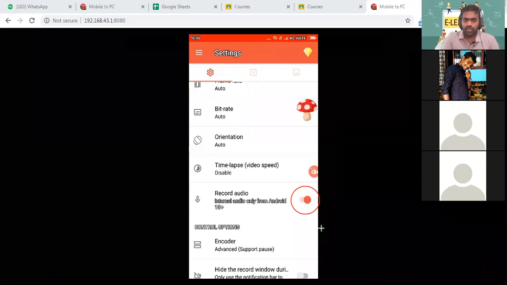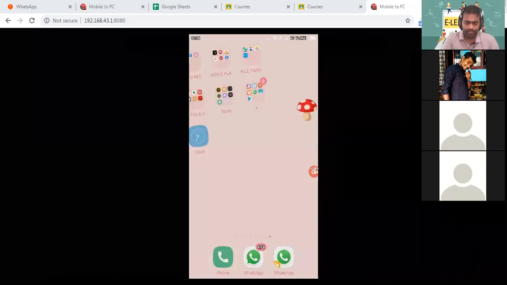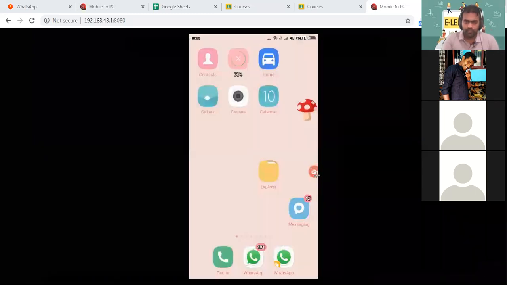Ma'am, when you click on this icon, are you getting this icon now? Screen recorder icon? Not even that, sir. Have you installed it? Yeah, of course I've installed it. Then what are you getting on your screen? Please tell me. On the right side, I'm getting 1080p, and on the left, auto.